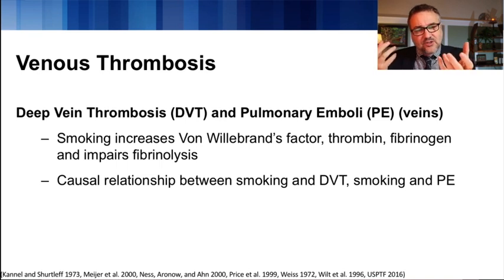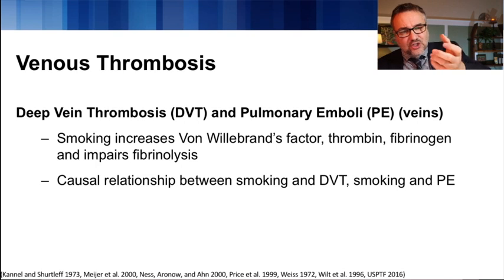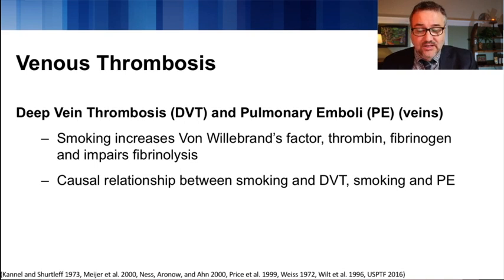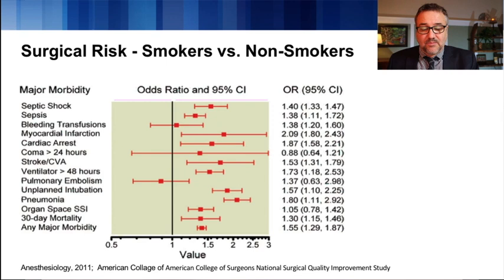And what smoking and the inflammatory mediators are doing is shifting the balance toward clotting. And that leads to a causal relationship between active, ongoing smoking and DVT and pulmonary emboli. Now here, we're not talking about pack years. Here we're talking about either active smoking or not active smoking. You stop smoking, a month later, this has all gone away. A week later, this has all gone away. Those inflammatory levels come down, and we don't have to worry about smoking.